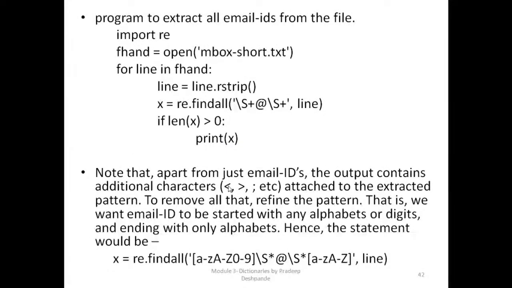So apart from just mail IDs, the output contains additional characters, that is less than, greater than, etc., attached to the extracted pattern. If we want only email IDs to start with any alphabets or digits and end with only alphabets, we can write it as A to Z, small a to z, capital 0 to 9. Mail ID can include your domain username can include any character, capital or small, and digits, and other